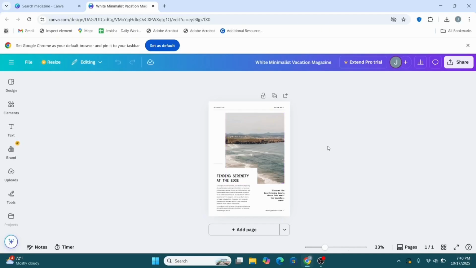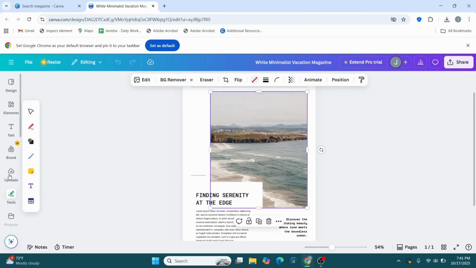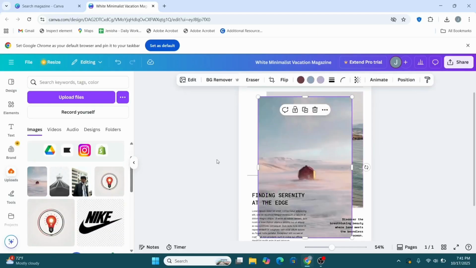So you can see we already have a customized Canva page here with a picture, even some articles available. Now we just need to go over and customize it. So here we have the stock image. What we can do is replace it with our own photo or a Canva stock image. So you can select the image and select the option for uploading and upload your image instead of that image right there